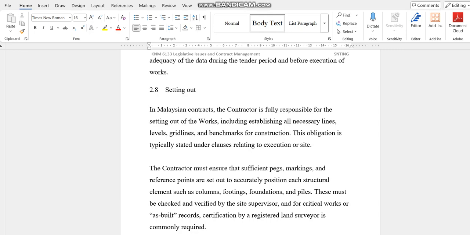Okay, so regarding setting out, this is another component here. The contractors are responsible for setting out the job. It will include all the grades, reference benchmarks, all the levels and all that. So they must check and set up the work according to the drawings or according to the survey